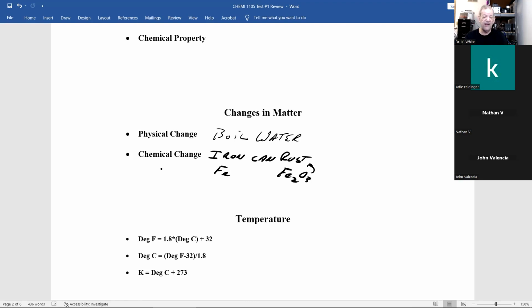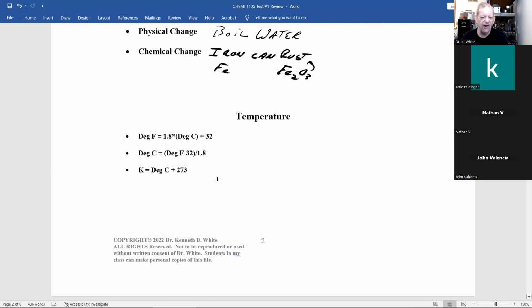Another example of a chemical change, you can see one here that I got from the Netherlands. I love candles. I got a great collection of hand-dipped candles I got in the Netherlands when I worked for a Dutch company. And I go over there a couple of times a year. One city I stayed in was Gouda, you know it as Gouda. And when you light a candle, the wax is burning, and that's a chemical change.